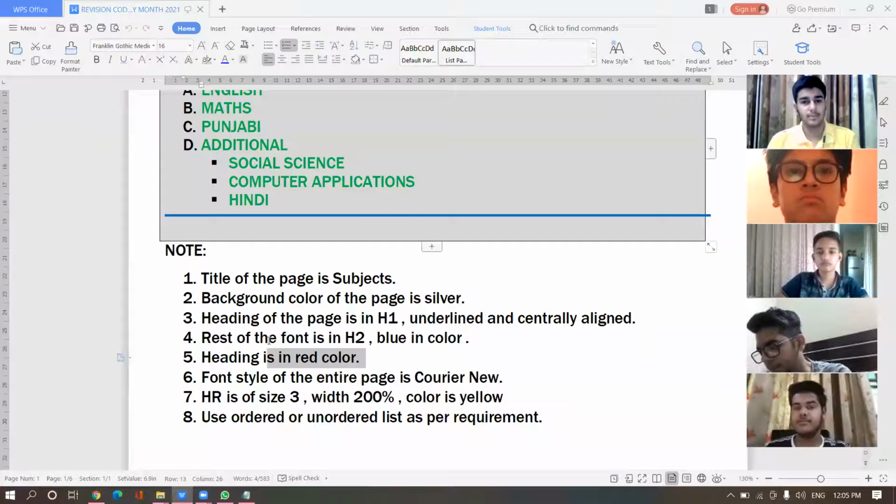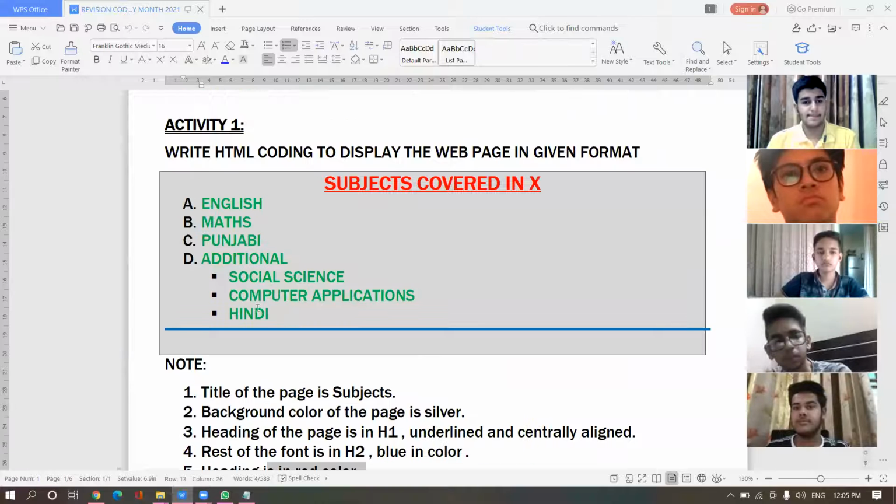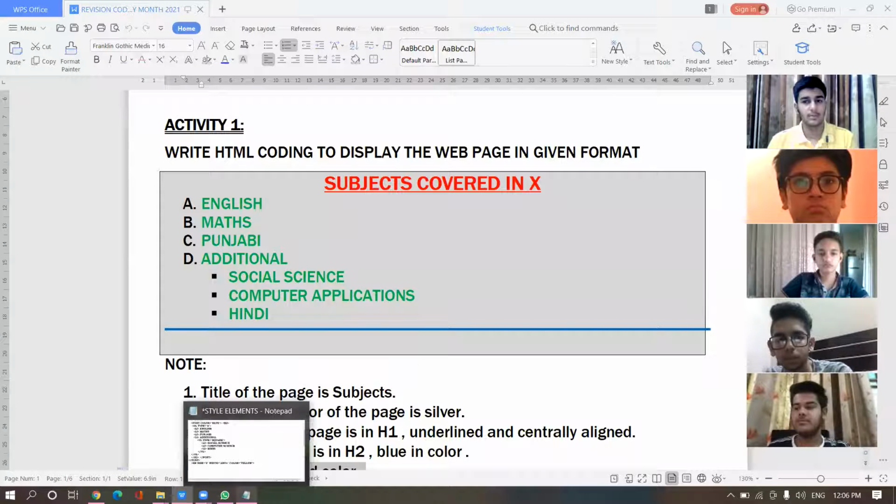Next is, now you have to create a list. Firstly, the ordered list is given. Under the ordered list, unordered list is given. So when one list is having another list in it, that is called the nested list. Okay, so firstly we have to start ordered list, and we know that in ordered list, the default value of type is Arabic number 1.